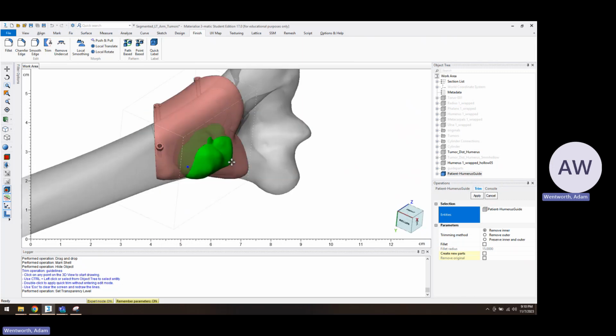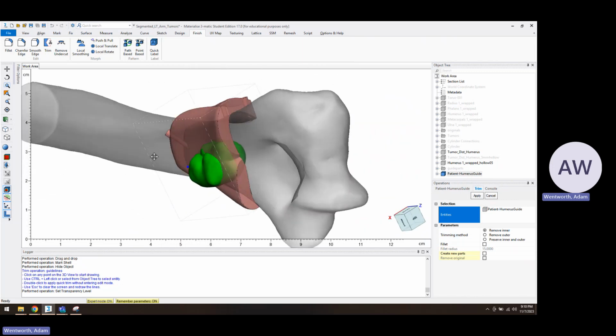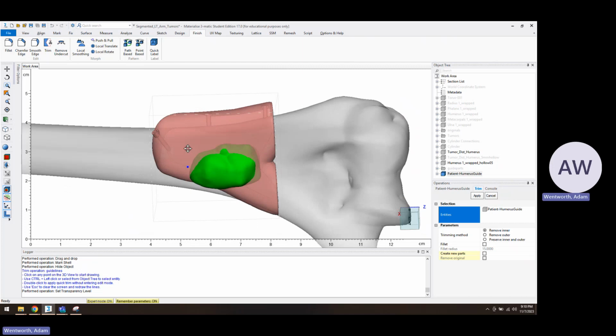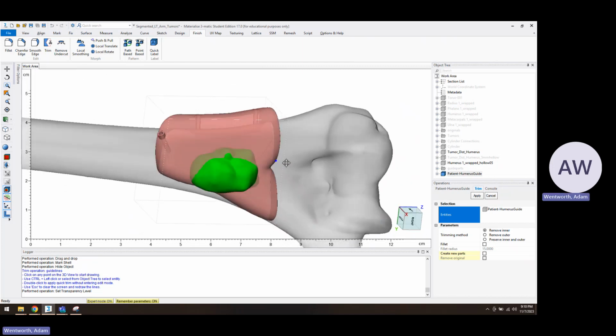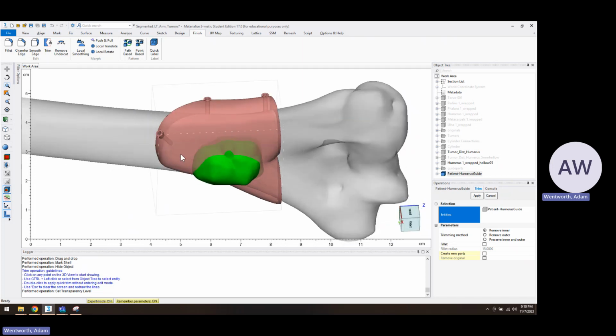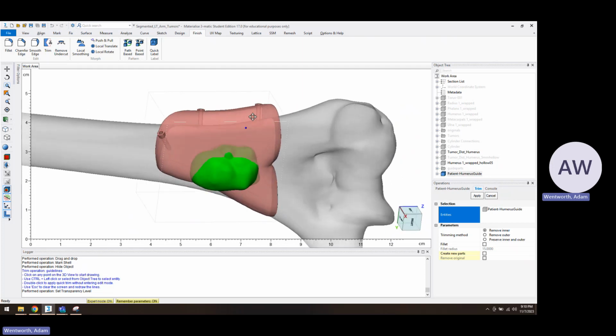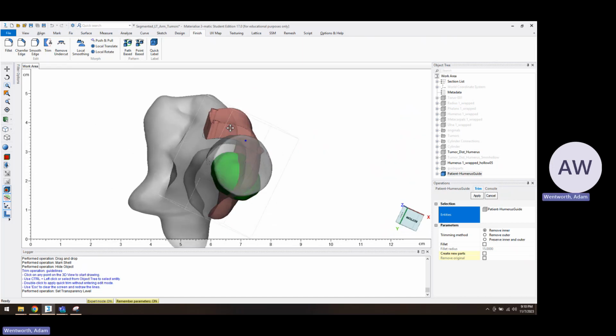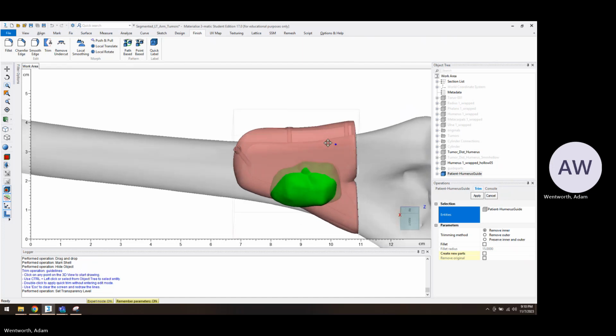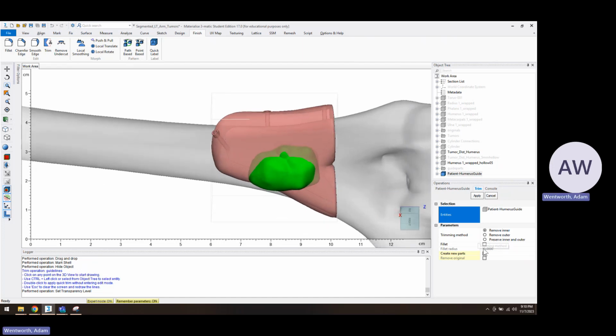And I want this guide to fit really, really uniquely on the humerus bone. So we're just going to make sure there's enough contact area between the guide and the bone for it to fit uniquely. So having it kind of hook around here is good. And we give it this fillet tool on to make nice, smoother edges to it. Put that number in about 50. And we'll just click,